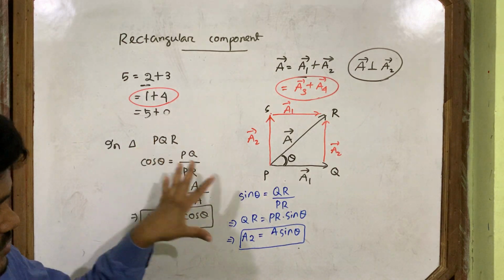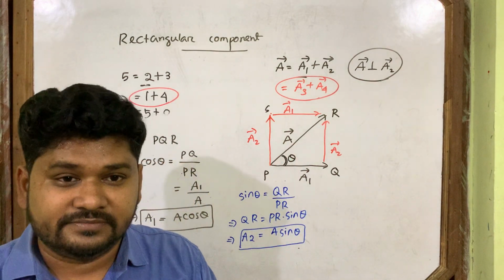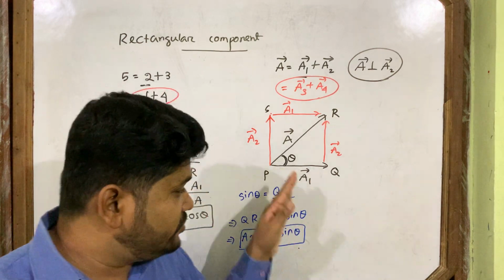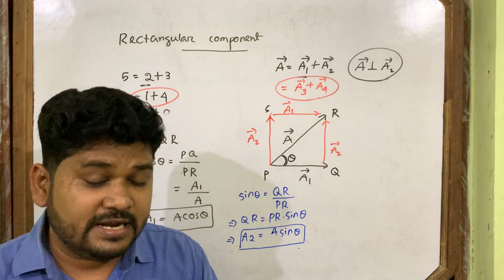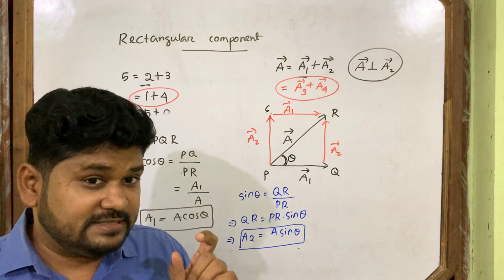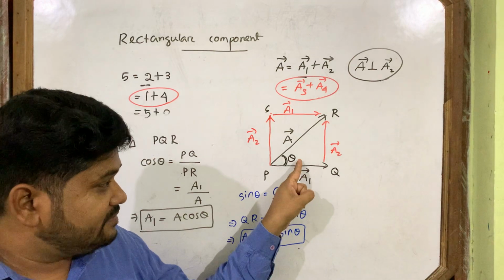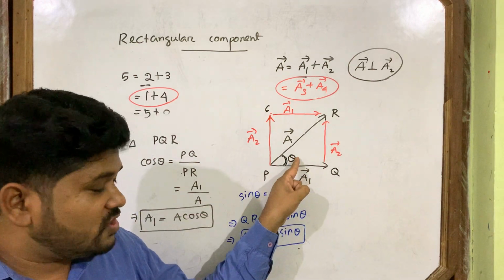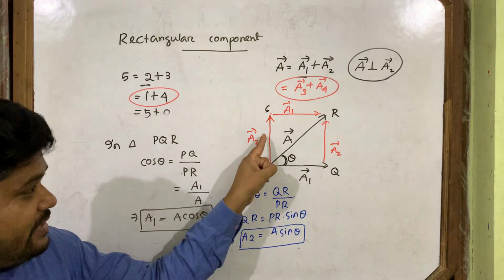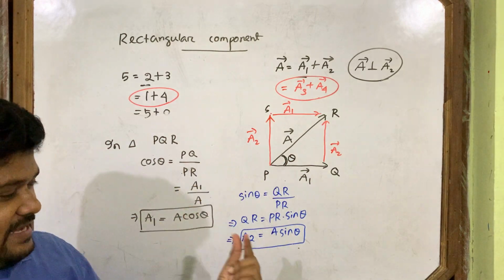I found this by using cos and sin, but when in the other chapters you will use this directly, how will you find the components immediately? You will not do the cos and sin derivation like this. How will you find the components immediately? One trick you remember. Carefully listen. To which component is theta in contact? Remember, to the component with which theta is in contact, you write that one as cos theta. A cos theta. To the component with which theta is not in contact, you write that one as sin theta. See, sin theta.